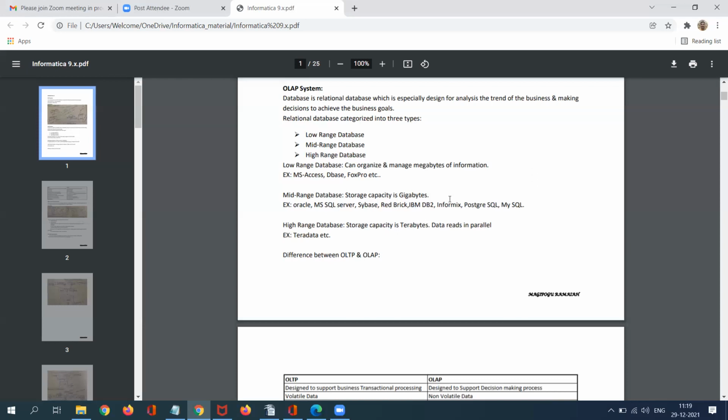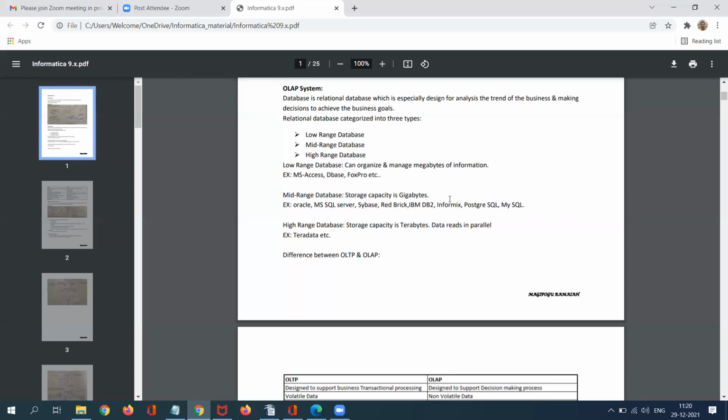If you want to generate any reports, or your business people are going to look into the trend of business growth, we need consolidated or historical data in one particular place. Even if you have multiple branches, all branches' data will be collaborated and loaded into one particular area.